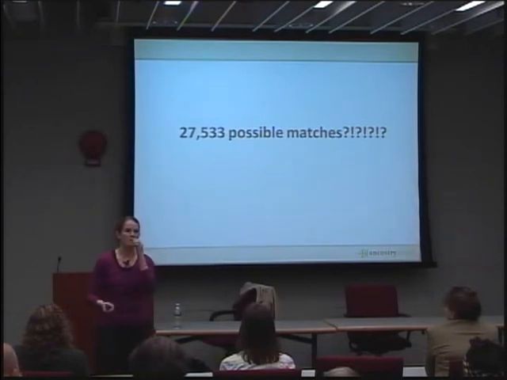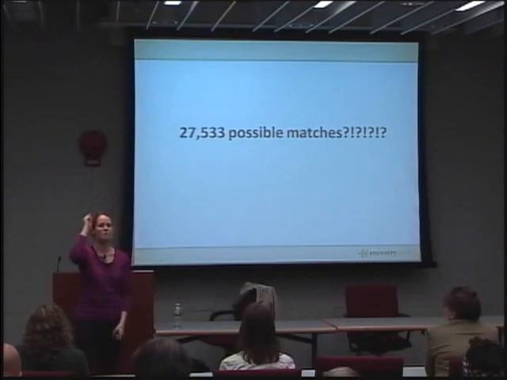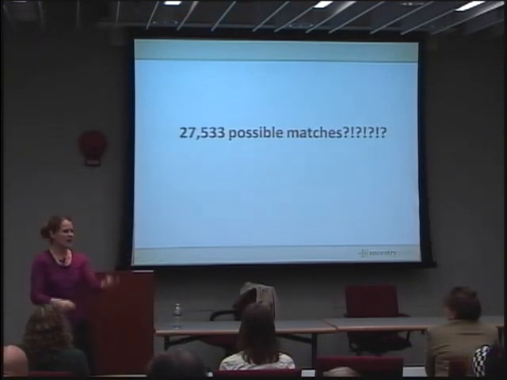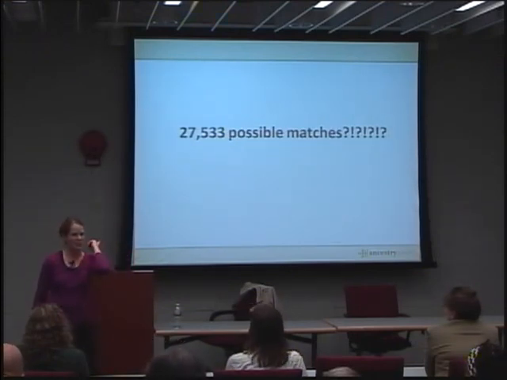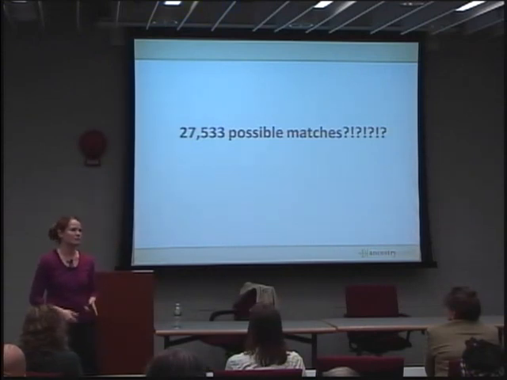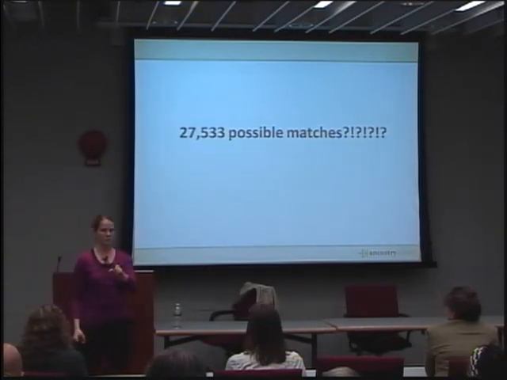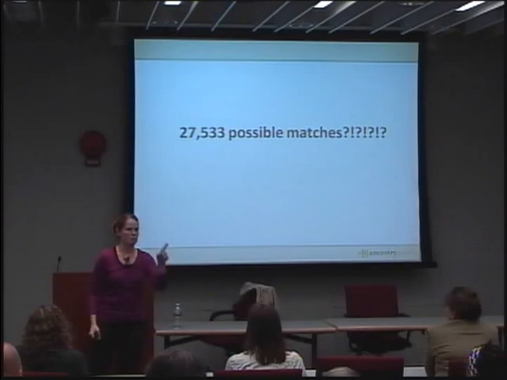And I have people come up to me at conferences and say, your search sucks. Your search is horrible because it's giving me 500,000 matches and I don't have time. How come Ancestry expects me to search through so many matches? We don't. In fact, don't do it. If you only take one thing away today, it is never, ever search through so many matches. In fact, even 100 is way too many matches.